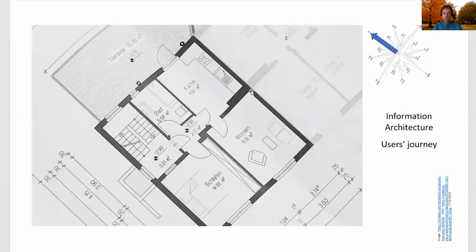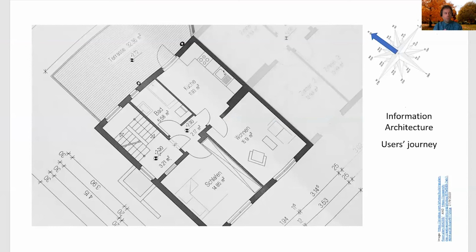So first you need to know where is your north. Where is the north? Because once you know where the north is, and once you know the quality of the soil, of the land, of the ground, then you can start to sketch your plan for a new house. Because if you know where the north is, you will know where the sun sets. And if you know your users, you would know whether they are a young couple or whether they're older people.